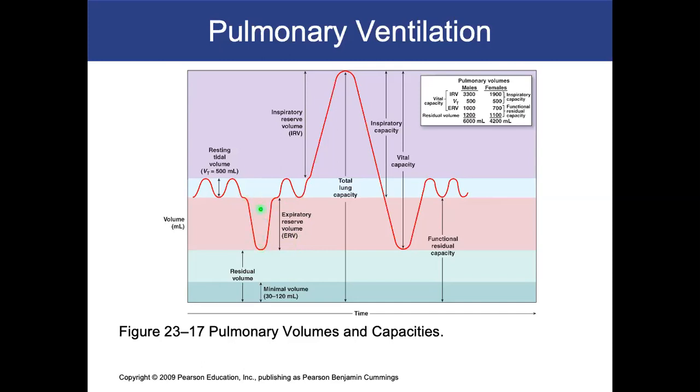How would you figure this out, or how would you calculate it? It's going to be normal exhalation from your tidal volume minus the exhalation from your expiratory reserve volume. All right. And this is expiratory reserve volume. It's just like the name states. It's the amount of air that you have reserved, or the space you have reserved for maximum exhalation. All right. And then inspiratory reserve volume, which is the air or the volume you have reserved for inhalation past